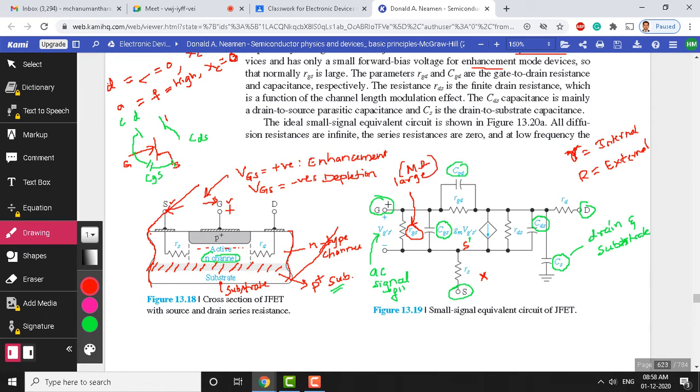With that, let us move to the other element, CGS. CGS is a capacitance connected, a junction capacitance. We know that a PN junction exhibits capacitance. You might have studied this in basic electronics. Every PN junction has two types of capacitance. What are those two types of capacitance? Can anybody remember the capacitance within the PN junction?